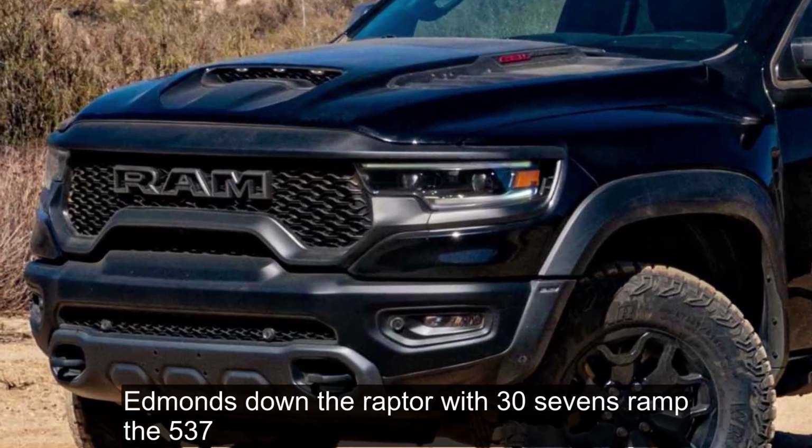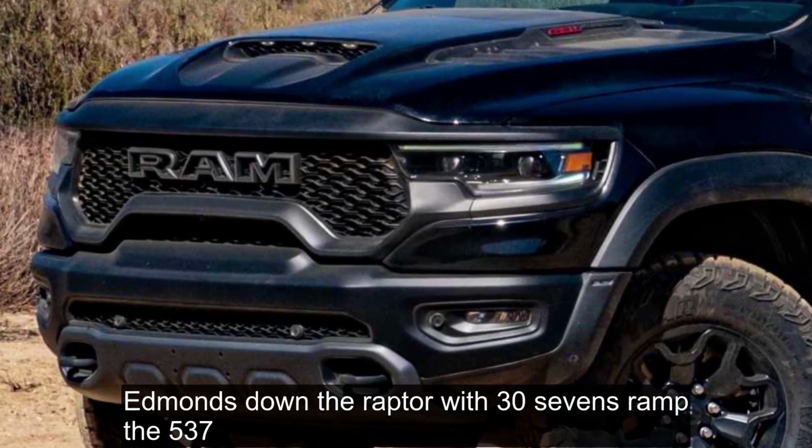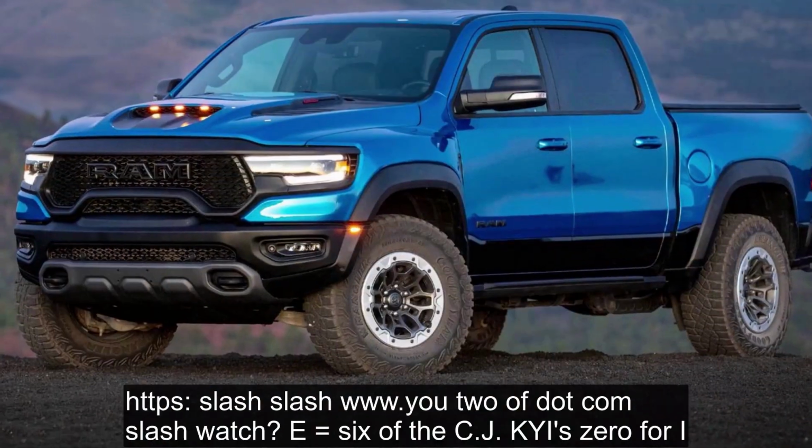Edmunds found the Raptor with 37s ramped to 537,